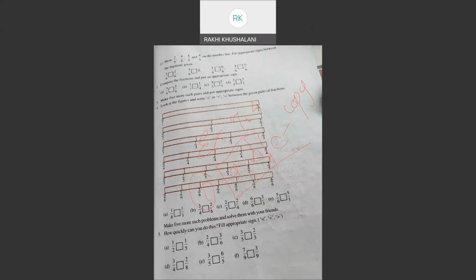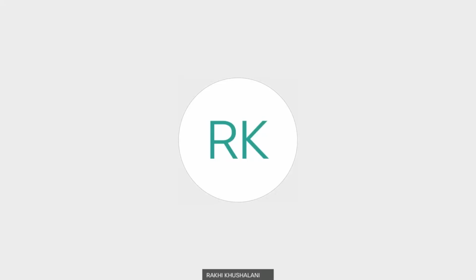Question number 2 is compare the fractions and put the appropriate sign. While watching this video please keep your textbooks in hand. Question number 2 on page number 153 says compare the fractions and put the appropriate sign. I have already taught you one common method that we use: we either cross multiply or we can look at the numerators and the denominators and do the comparison. Now in this particular case,